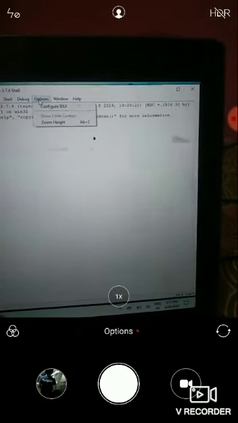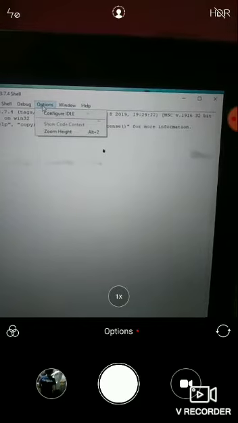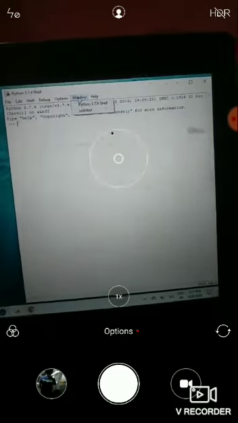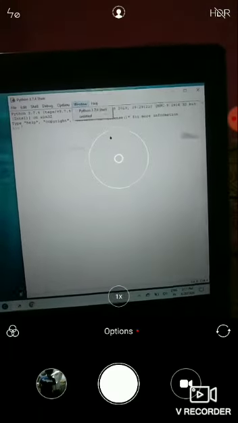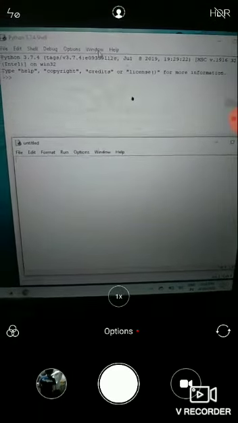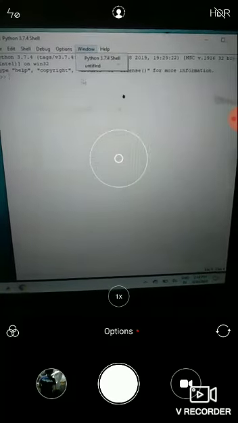The options menu allows the user to configure the IDE according to suitability and working requirements. Then the help option provides Python help and documentation. In the window menu, Python 3.7.4 shell and the untitled window of our script mode are listed. You can see script mode here. So there are two windows open. First is the Python shell and second is untitled.